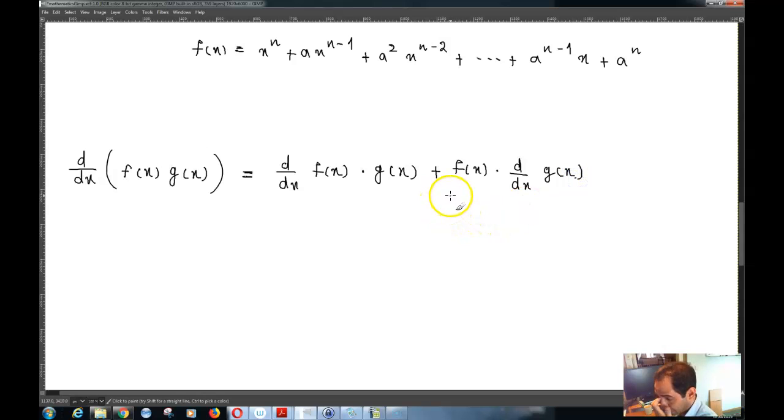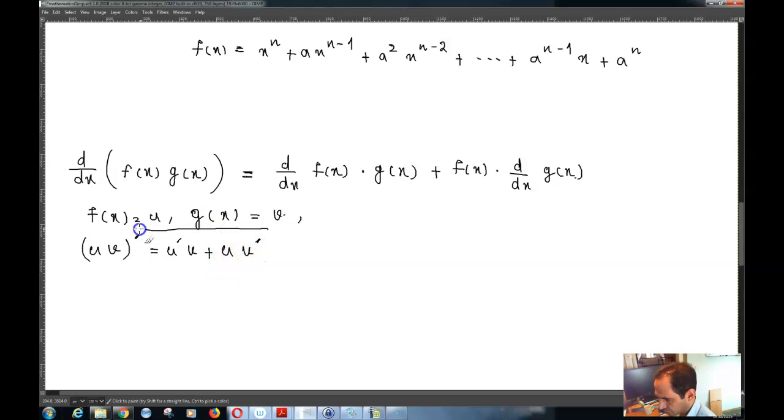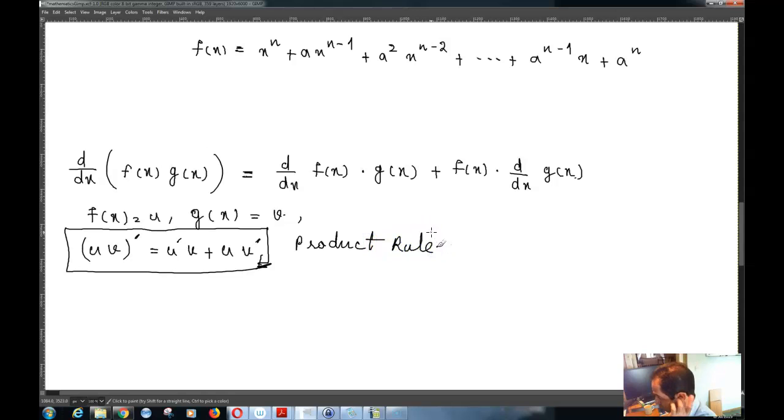And then we said that if you take basically f of x as u, for example, and if you take g of x as v, then you can write u times v whole prime is equal to u prime times v plus u times v prime. So you can use the product rule, and this was called the product rule. You can use this product rule in order to